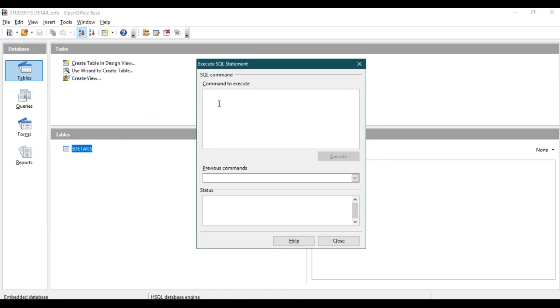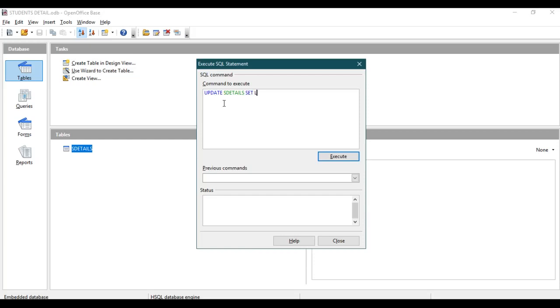So you have to type update, then the table name. What is the table name? Yes details. Then space. So what I'm going to do now is modify the values present in the table. So give set.